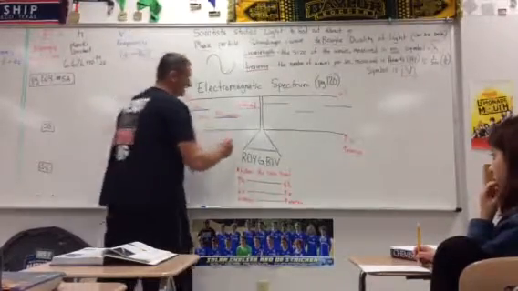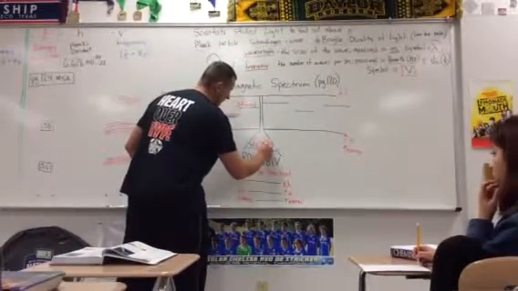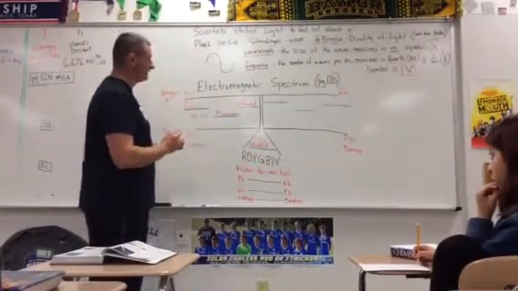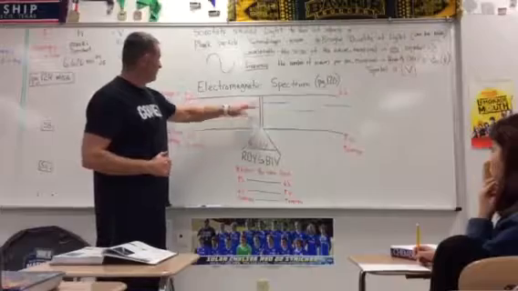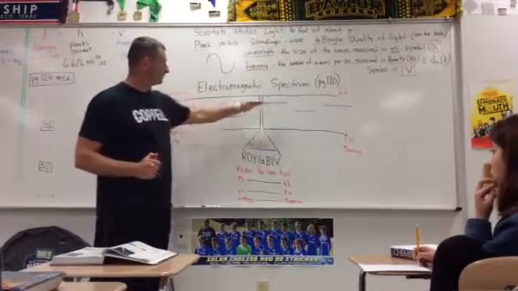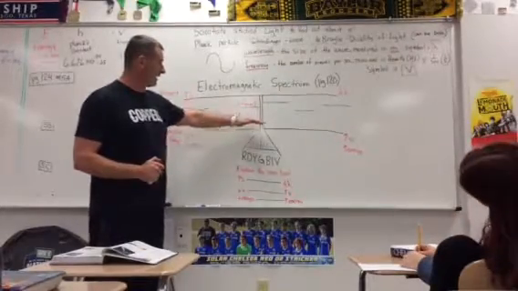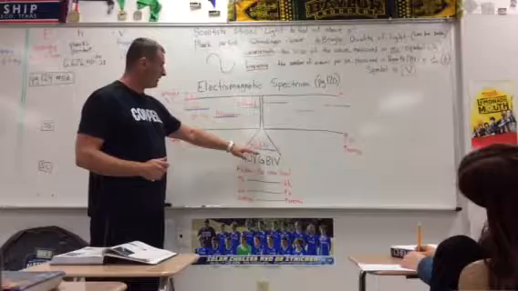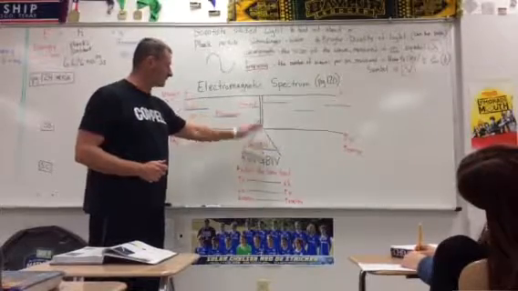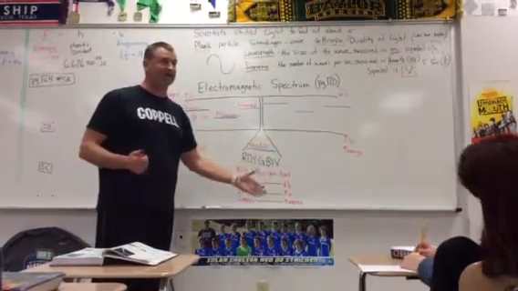Now, what we can see is called the visible light spectrum. All right, and visible light has wavelengths a little bit shorter than infrared, because remember, as you're going from left to right, the wavelengths are getting smaller, the frequencies are getting higher, and the energy is getting higher. Well, the visible light spectrum is this little sliver right here, and that's the only spectrum that we can actually see.